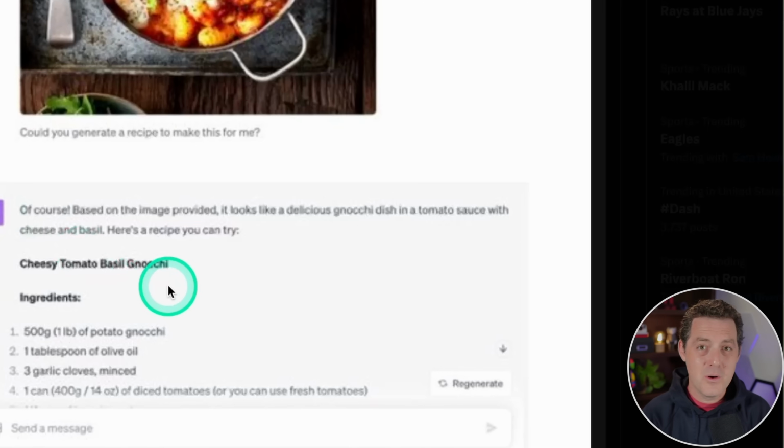So cool. So no more do you actually have to go searching for a recipe and go through pages of somebody's biography and history before they actually tell you what the recipe is. Now you just take a picture of the dish you want. Even if you're at a restaurant, take a picture of your dish and you can save it for later and get an estimated recipe. So that's what ChatGPT did here.